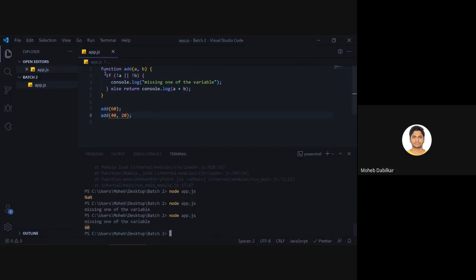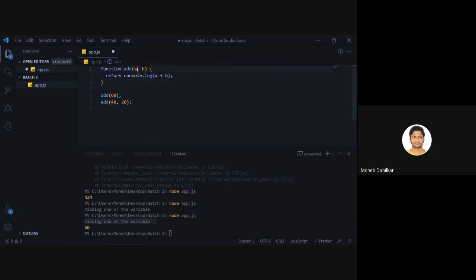But what if you don't want to use that if line, and you always want to return a number? While debugging this is fine, but when the user is entering dynamic data, you just can't give this. Either you will have to error handle it, like while validating a form, when you enter an email, if it is missing something, you get a message saying that the email should contain this. So that should not be an issue.